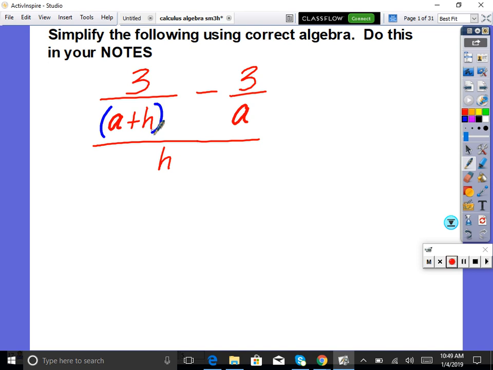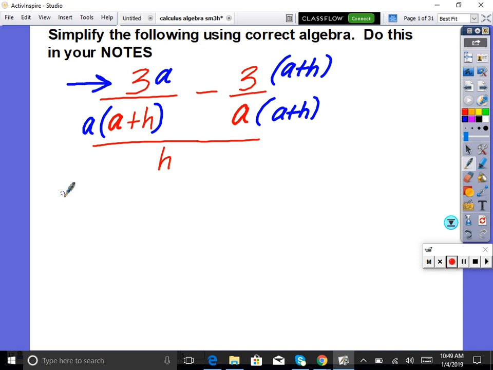Connected. You have to get a common denominator by multiplying by exact factors. So if it has an a plus h, great. Doesn't it need an a? So I multiply by a over a. Questions on that? This one needs an a plus h over a plus h. True? Now the whole point of getting a common denominator is so you can just focus and combine my terms